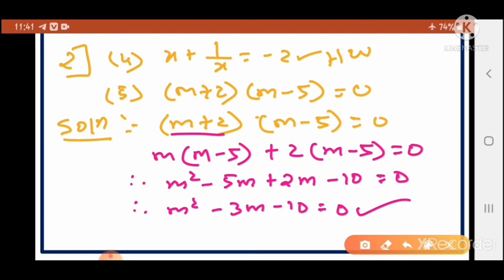More sums are there. You can take the sums from the problem sets also and practice this, because this sum definitely comes in the board examination for 1 mark. It will come in the examination for sure. So you have to be aware and practice well to identify whether this is a quadratic equation or not properly. Right? I hope it is clear how to identify a quadratic equation. Now we'll move further.